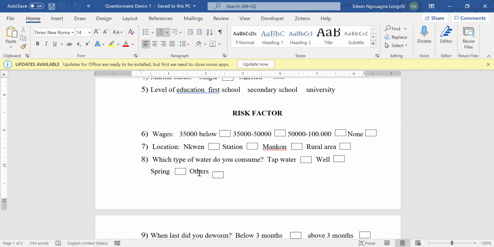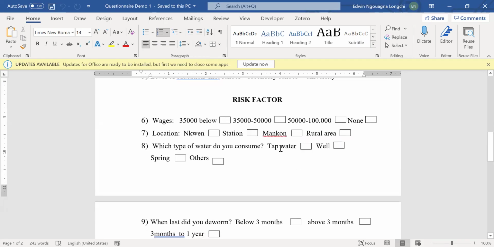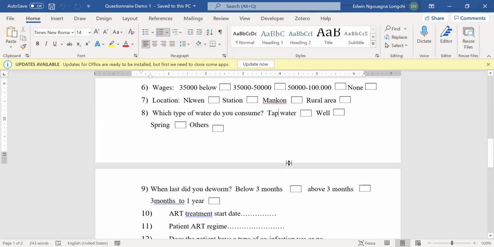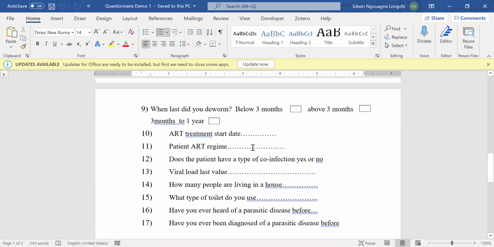I don't know, but a person looking at this type of water they use or consume, I think it should be mineral water, not well or tap. It's okay, depending on the location or the language used. Well water, spring, when last did you deworm? The ART treatment, start date, patient regimen,